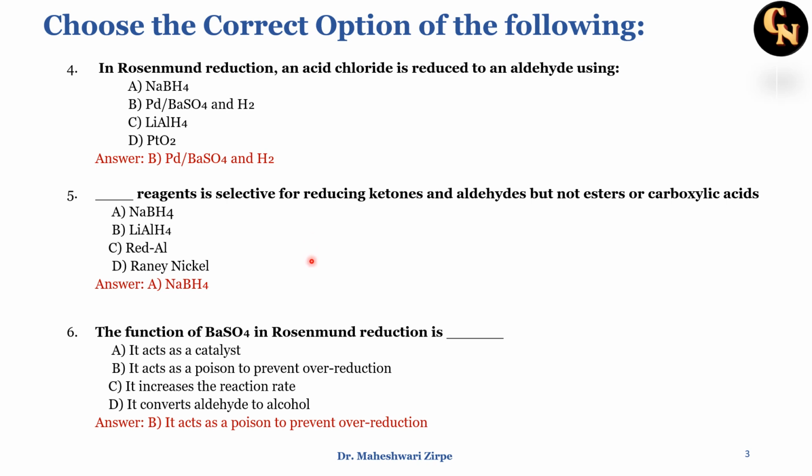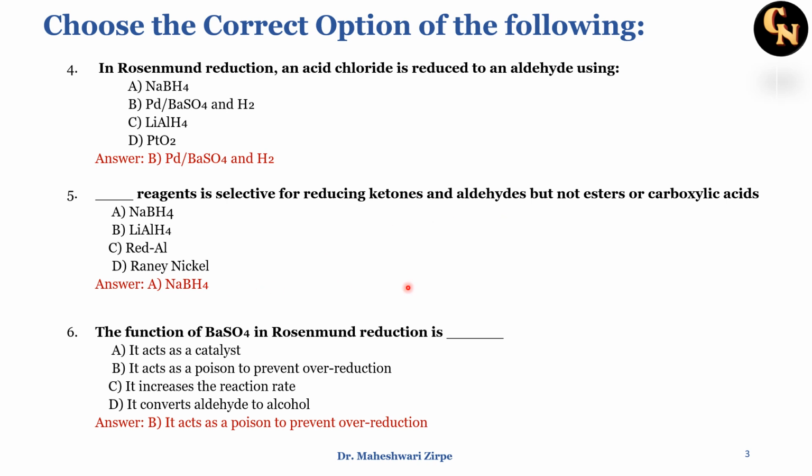The next is: dash reagent is selective for reducing ketones and aldehydes and does not reduce esters or carboxylic acids. Please pay attention to this sentence very carefully, because it says that it selectively reduces ketones and aldehydes and does not reduce esters and carboxylic acids. Basically, all reducing agents you can see in the options. Only sodium borohydride is going to reduce only ketones and aldehydes,